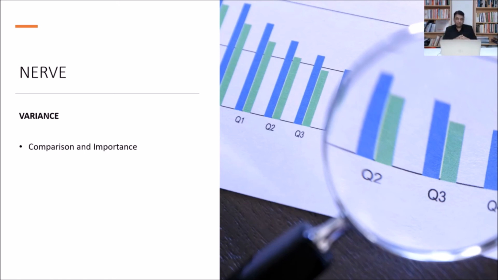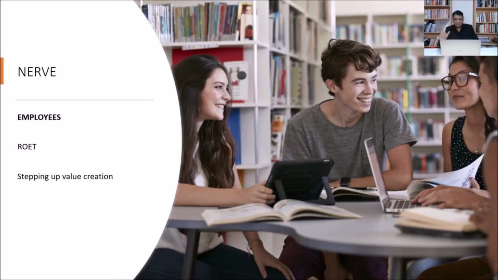For example, you could be in Singapore, or you could be in Australia. It doesn't matter where you are. But what are those catalysts and what are those turning points in your particular organization? So variance is very key when you're looking into it, because it's going to give you some sort of a measure, some sort of a metric which you can then apply within the whole context of your business.